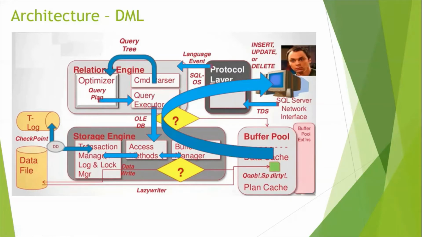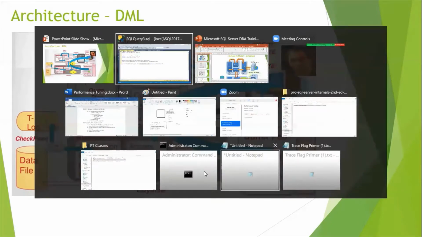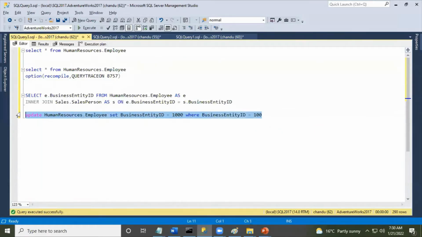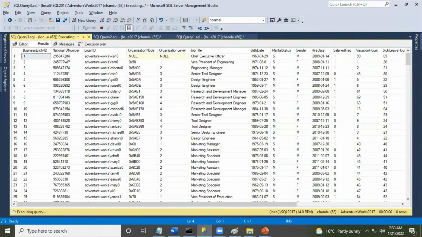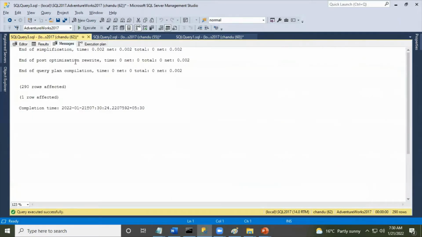At the same time, a latch will be acquired on the physical page. What does that mean? A latch is physical page protection. For example, let's consider a select. If you execute a select statement,